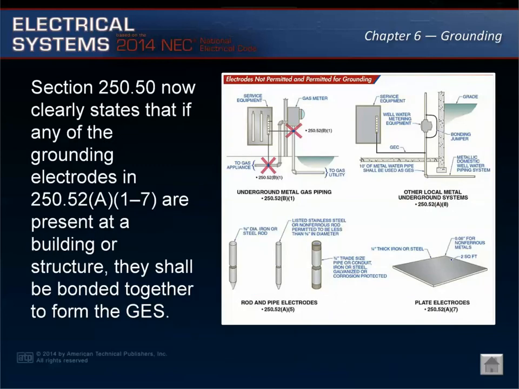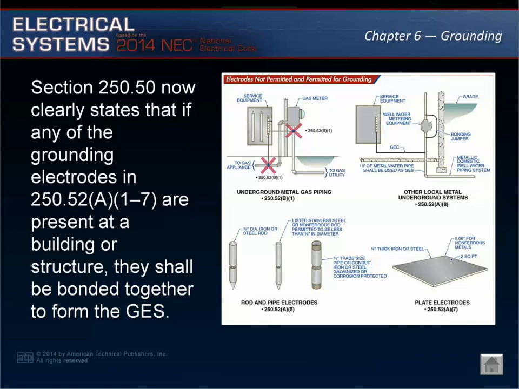There may be buildings in which none of the electrodes specified in 250.52(A)(1) through (3) are available, or in which the only electrode available is the metal underground water pipe. In these cases, a supplemental electrode shall be installed. Section 250.52(A)(4) through (8) contains the requirements for made or other electrodes. An electrode is simply a means to permit current to enter the earth. Made electrodes can be designed to function much like the electrodes listed in 250.52(A)(1) through (3).